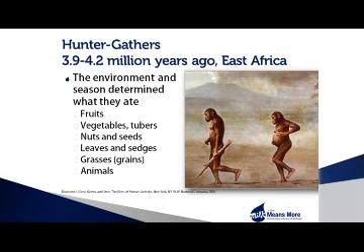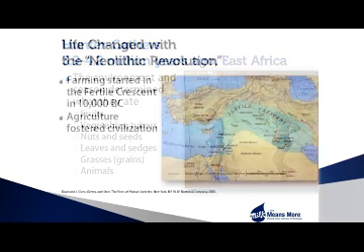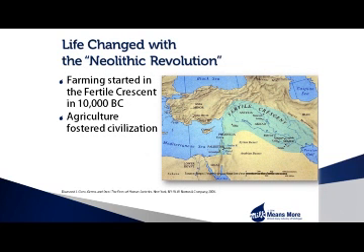They lived in survival mode, constantly foraging and hunting for food. Hominids, primates and early humans, were omnivores. Their diet was dictated by the environment and the season. They ate what was available: fruits, vegetables and tubers, nuts and seeds, leaves and sedges, grasses, and what animals they could kill or find. The Neolithic Revolution, the beginning of agriculture, began in 12,000 to 10,000 BC.